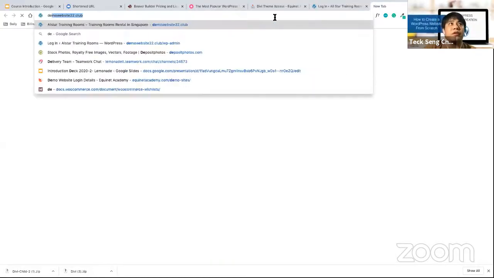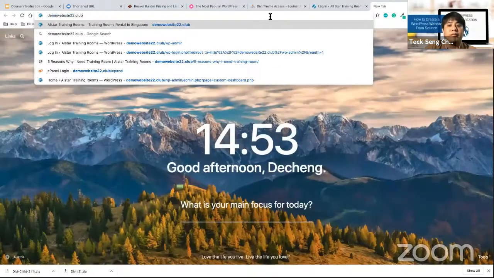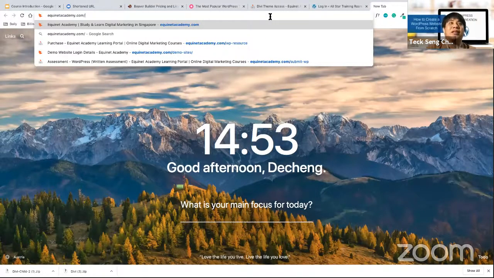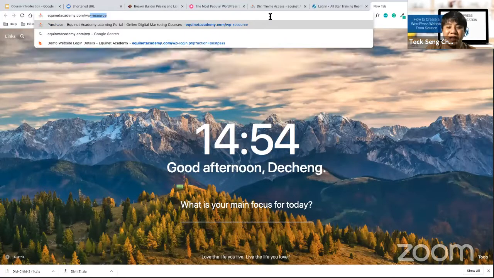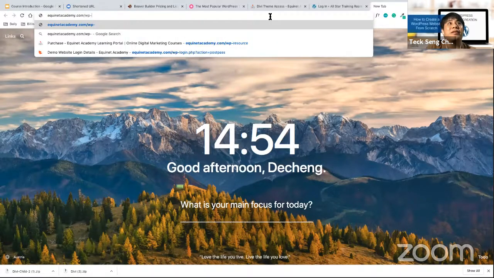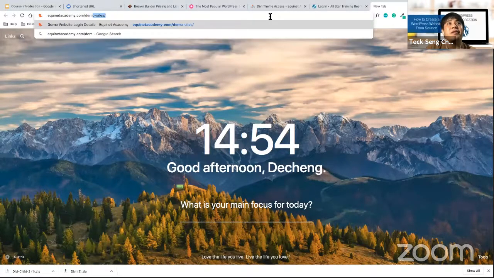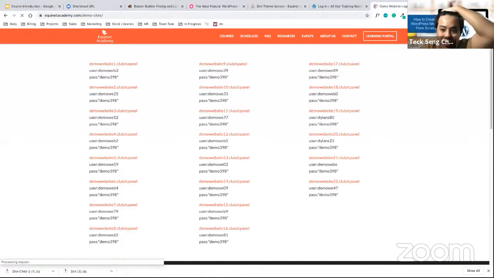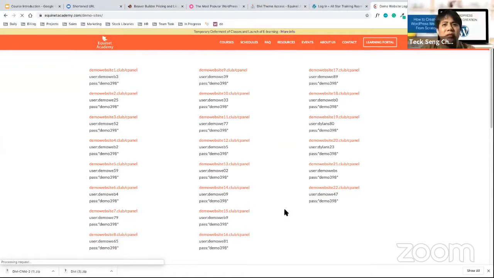Anyone unable to log into your back end? I actually changed my username. Gavin, you just log in with your own username. It's okay, as long as you remember your own. Jenny, you are not able to log in?